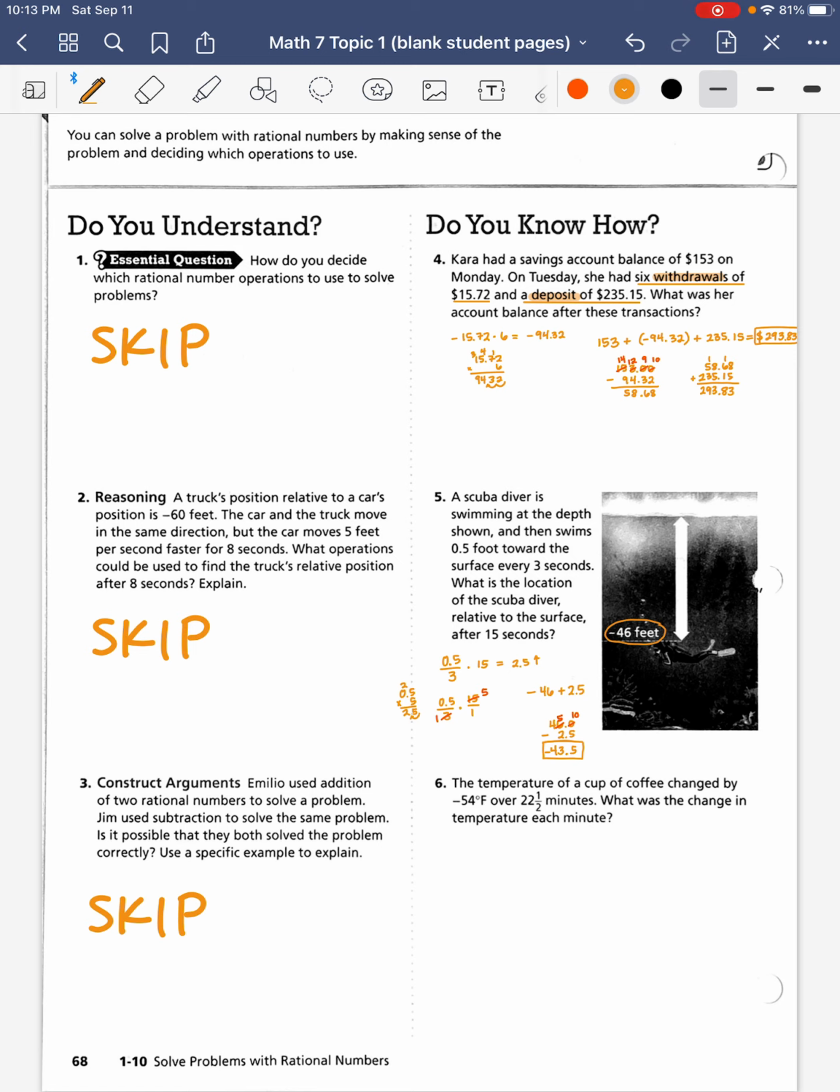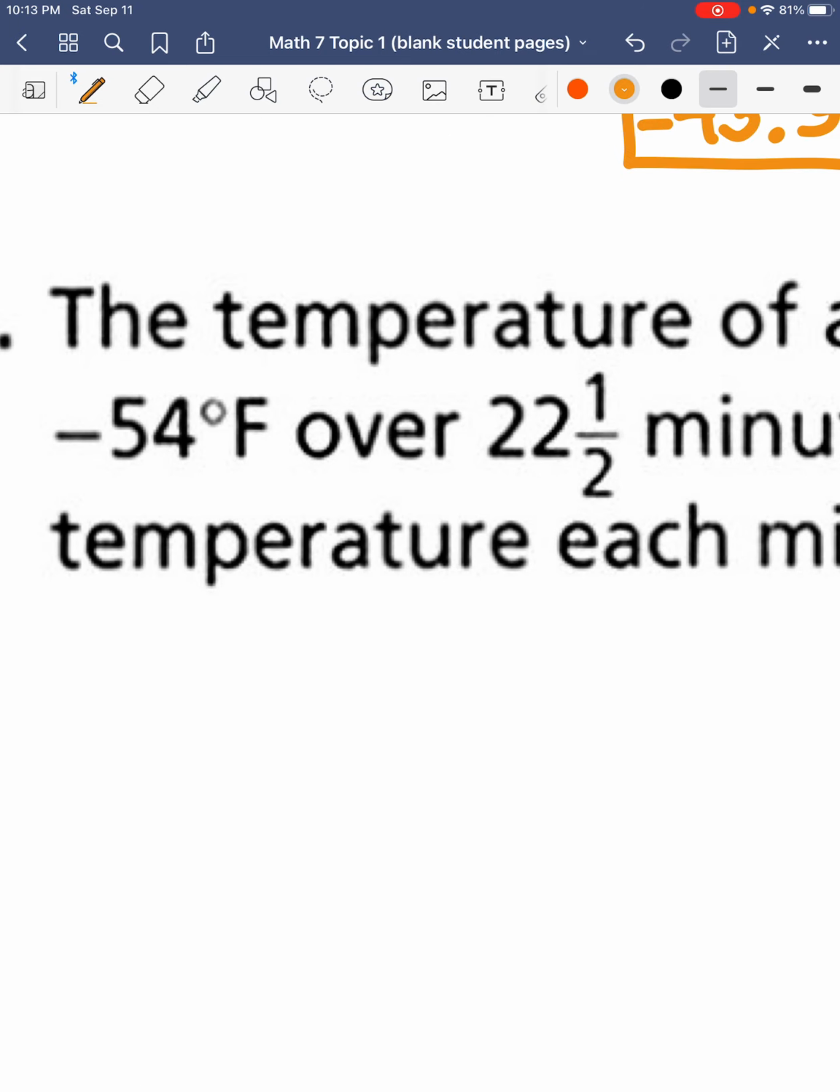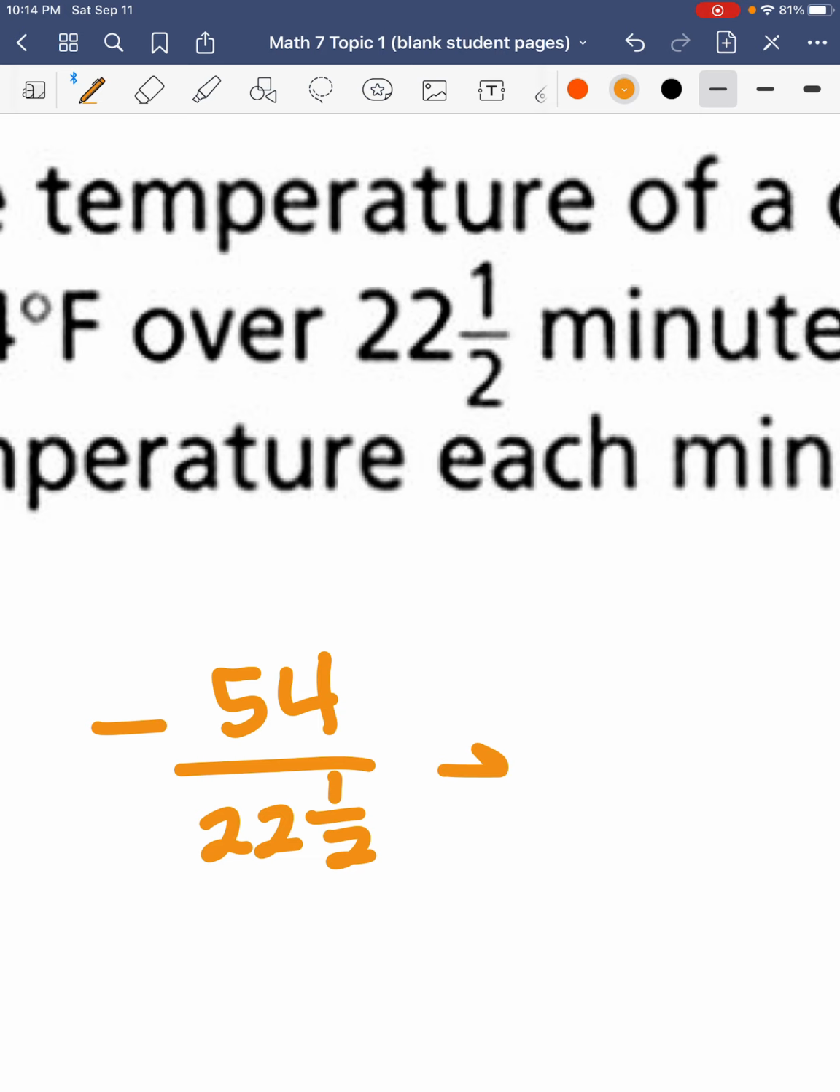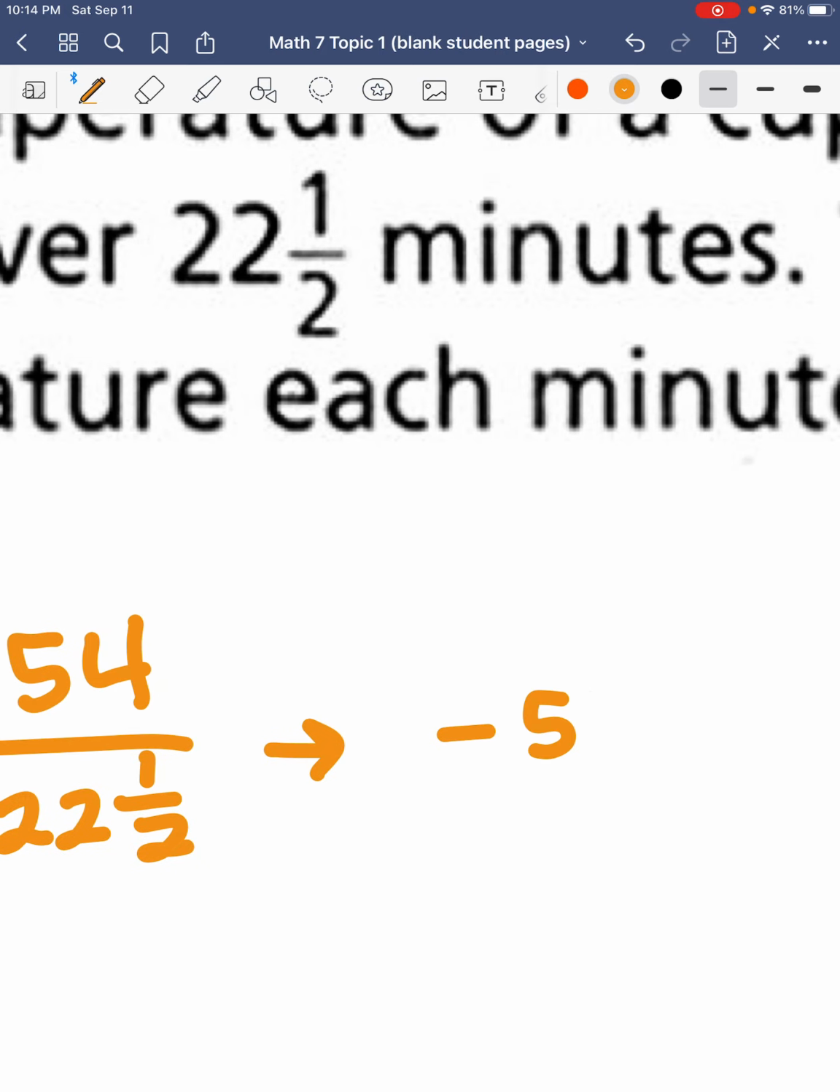Number 6, the temperature of a cup of coffee changed by negative 54 degrees Fahrenheit over 22.5 minutes. What was the change in the temperature each minute? So it changed by negative 54 degrees Fahrenheit. So I'm going to start with that. And it changed over 22.5 minutes. So to figure out the change in just 1 minute, I'm going to divide these numbers. So I'm going to rewrite this as division. So we start with negative 54